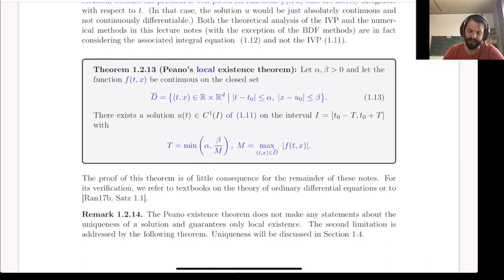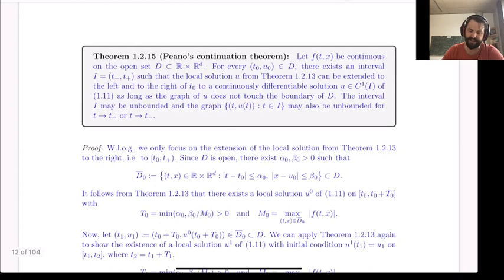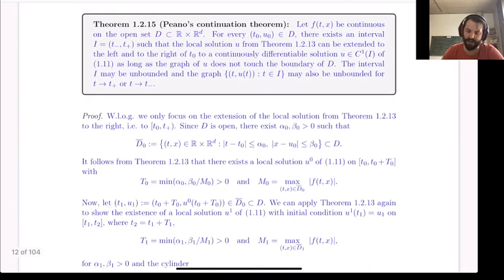So the Peano existence theorem is pretty straightforward and is given here. The Peano continuation theorem is the one that I added a proof to and that I edited a little bit. So this is now what I'll keep as the final version. Maybe just to say it again in words. If I have a continuous right-hand side function f of t, x for our ordinary differential equation,